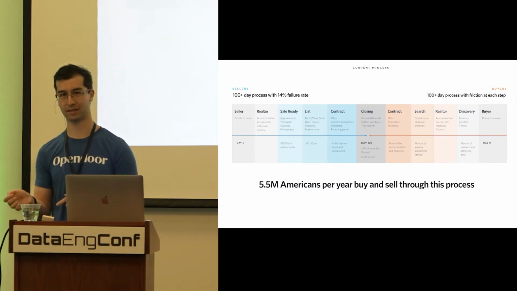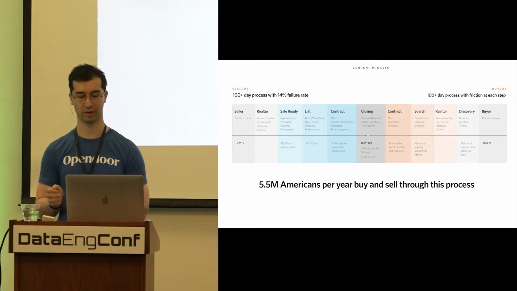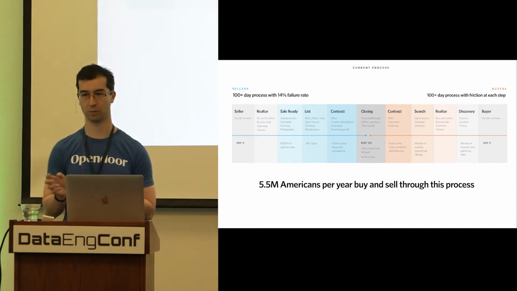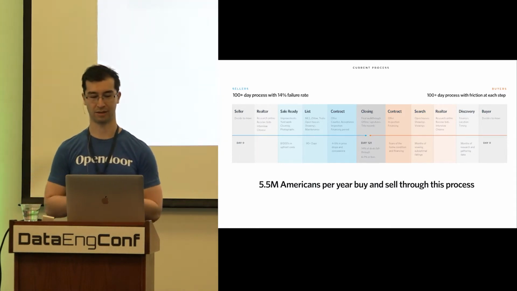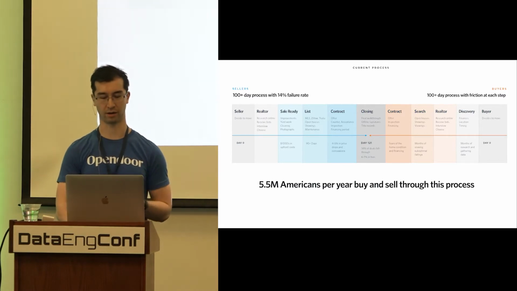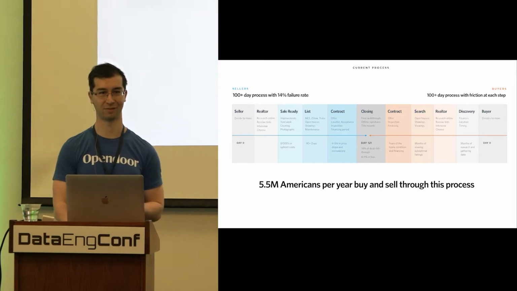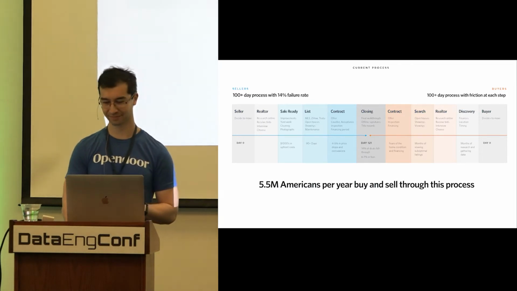People can fall out of contract, and this happens in about 1/7 of cases. And if you're one of the lucky ones who manages to get all the way to closing, it's taken you, I think, 120 days on average in the US. San Francisco is not representative of the rest of the country in this respect.